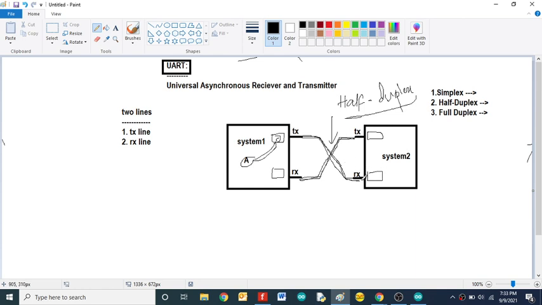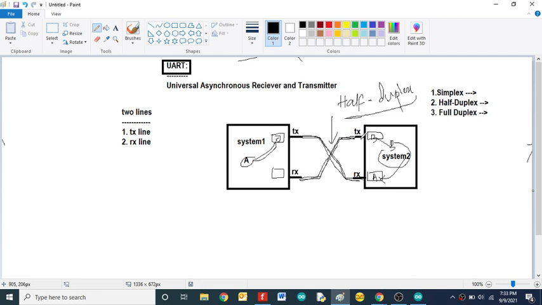Okay, so it will receive the data and store that data into the buffer register. So we can read this buffer register, and we'll get your information. Okay, so if you want to send information from system 2, now I will send B. Then put this B data on the transmitter buffer register, and this data will be transmitted